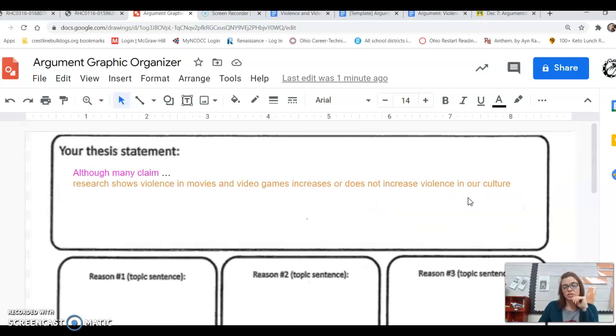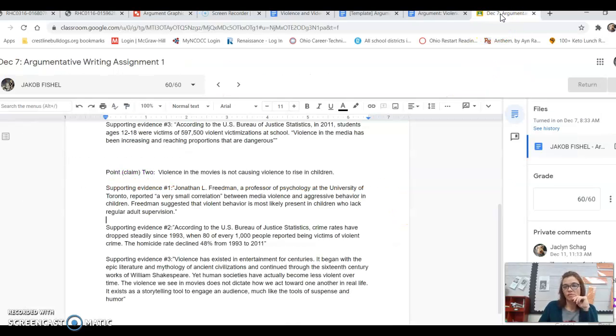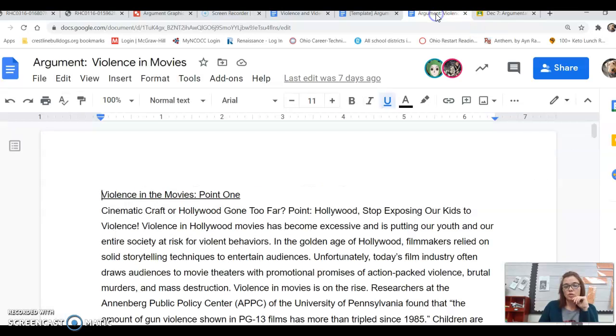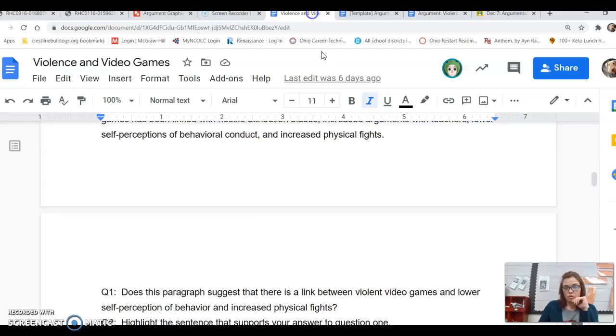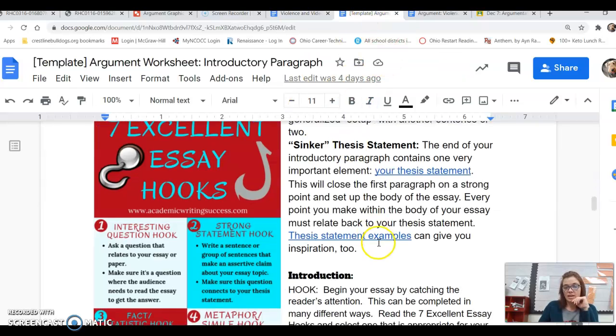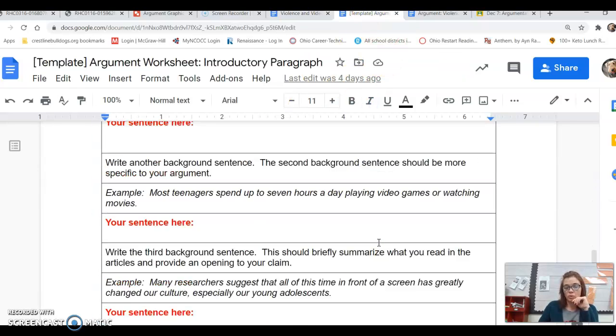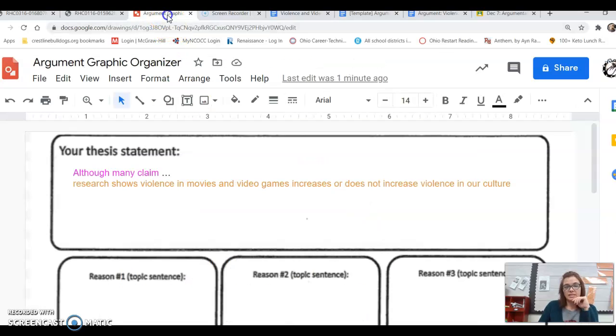I want you to fill out this graphic organizer. Use what you already have, which is that December 7th assignment. Use your articles. You must use your articles. You should have your hook and everything all ready and part of your thesis already created. Fill this out. Get it to me by Wednesday so I can make some corrections and add some comments to you. And then we'll be well on our way for Friday, our last day.